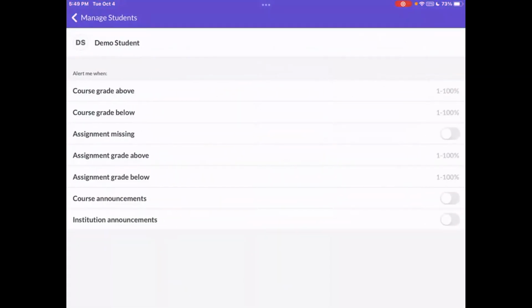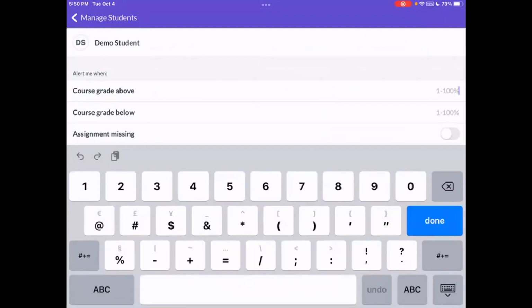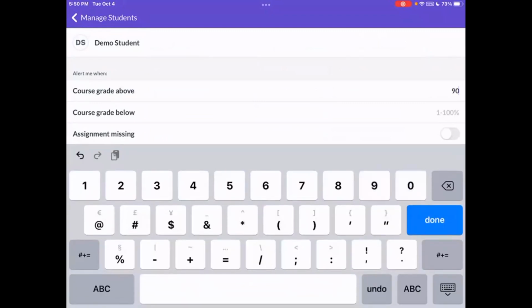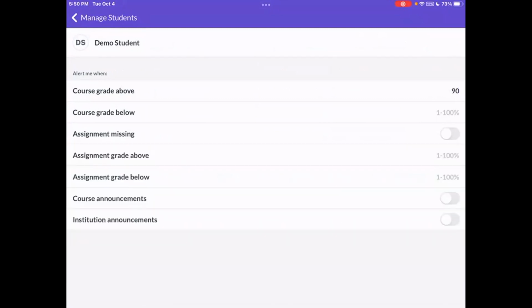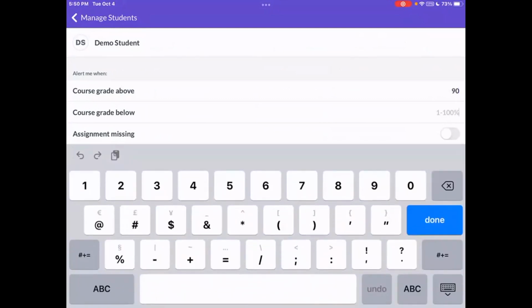When I get to this page, I can determine what kind of app alerts I receive. This is a different thing than the email notifications that Mrs. Butzler was talking about. The app notifications give you an alert within the app based on these settings. If you want to be alerted when your student gets a grade above a certain level, you can select that there. Maybe you want to know when they get a really awesome grade on an assignment. You want to be alerted when they receive a course grade below